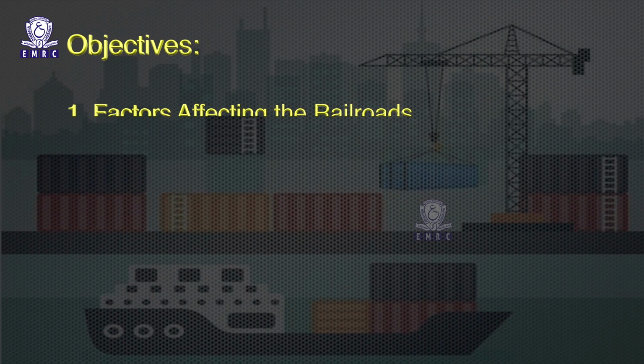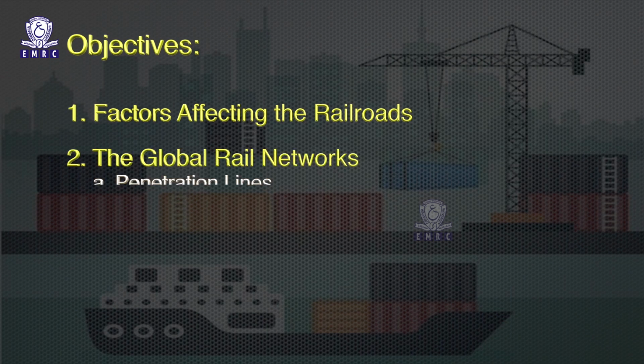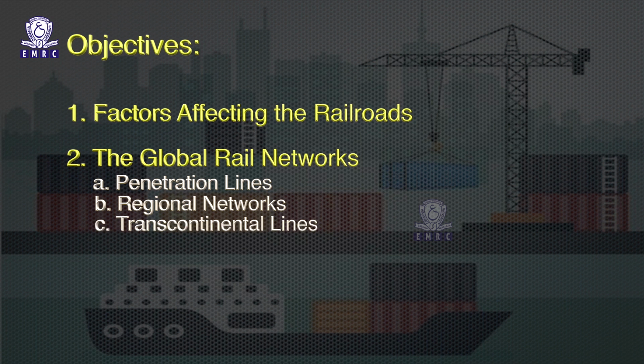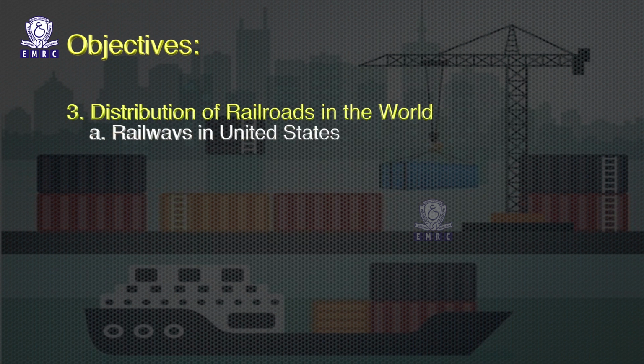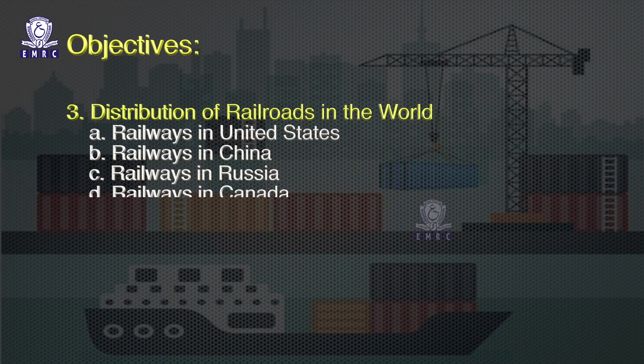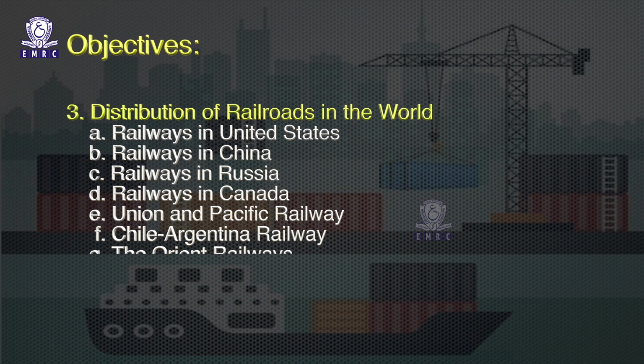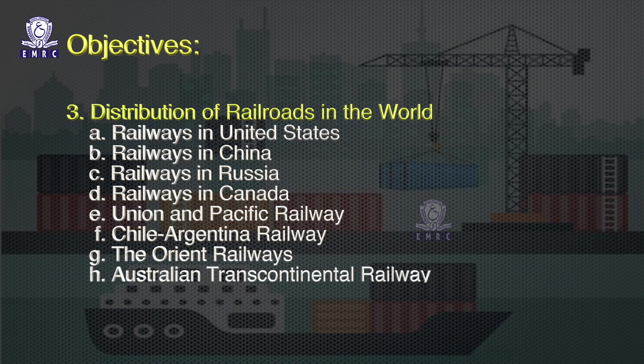After this lecture, you will be able to understand the factors affecting the railroads, the global rail networks, penetration lines, regional network, transportation lines such as distribution of railroads in the world, railways in different countries such as railways in United States, railways in China, railways in Russia, railways in Canada, Union and Pacific Railways, Chile and Argentina Railways, the